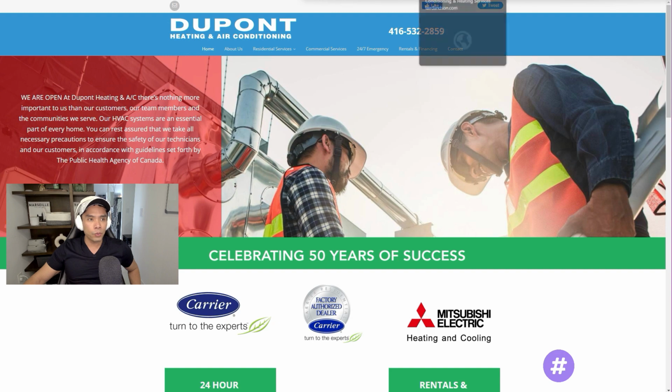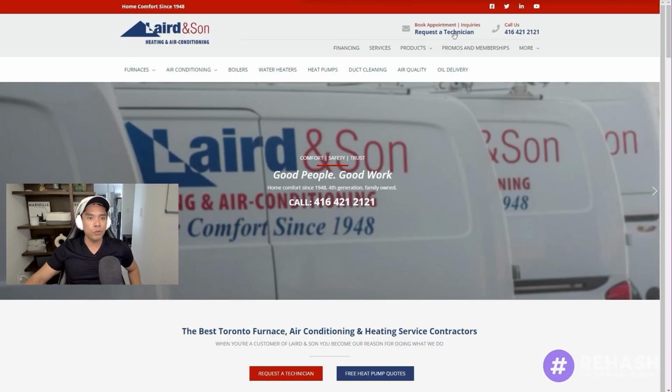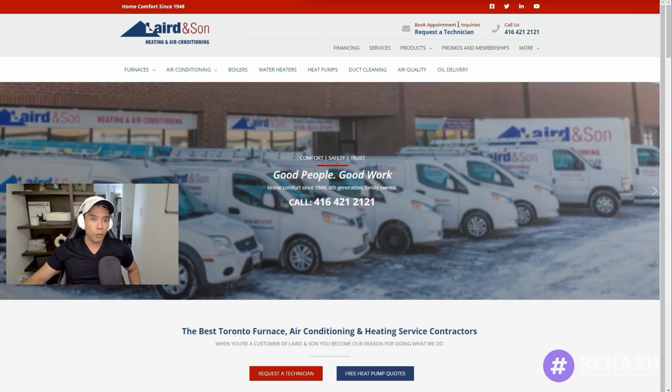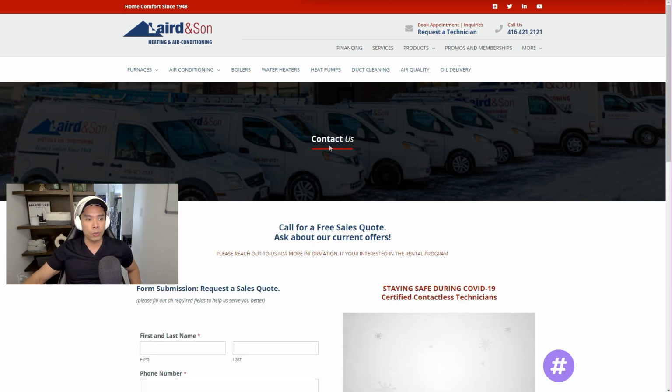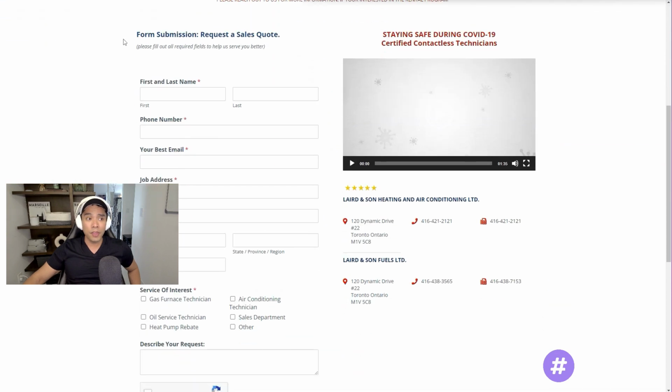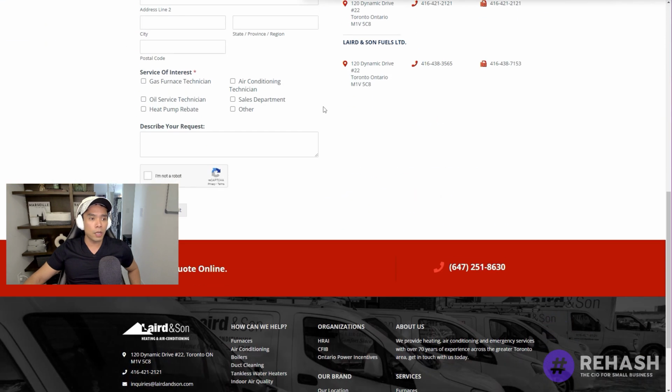And compare this with a website like this. So this is what usually a similar type of company would end up evolving into. So in this case, they have a direct booking appointment link. They have queries, so you can request a technician to come over. So this would augment your dispatch. Now, even this is just a contact us form, so it's not going to be an automated system.